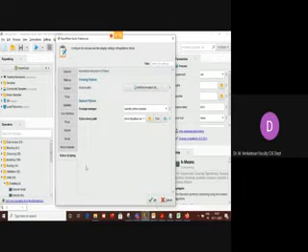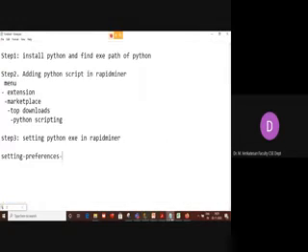So how to do that, sir? I will repeat what I'm trying to do here. The third step, sir. Here, settings, preferences. Then I have to choose Python scripting. Then Python binary path. In that window, you have to select Python binary path.